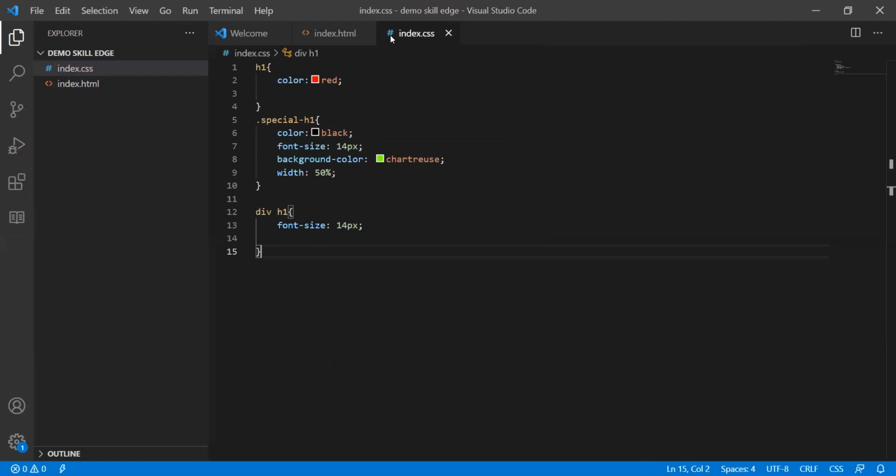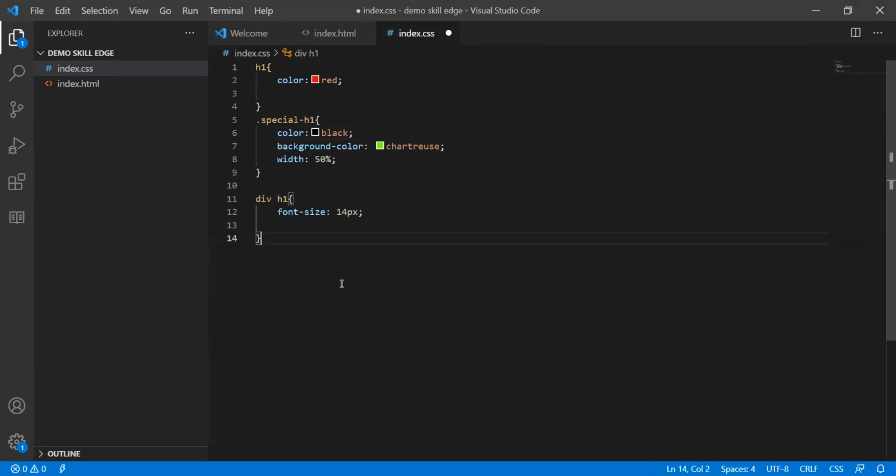Let us see the output of this. And let it be the background color. And let's see how that works. We'll remove the color also here. This is also not required.